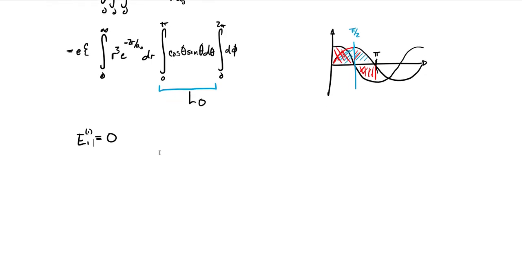So let's move on to the second energy level. Now we know that the n equals 2 state is degenerate, so we're going to have to use degenerate perturbation theory, and we have the degenerate states 2, 0, 0, 2, 1, 0, and 2, 1, positive and minus 1, those m states. So we have those degenerate states for the n equals 2 level in hydrogen.